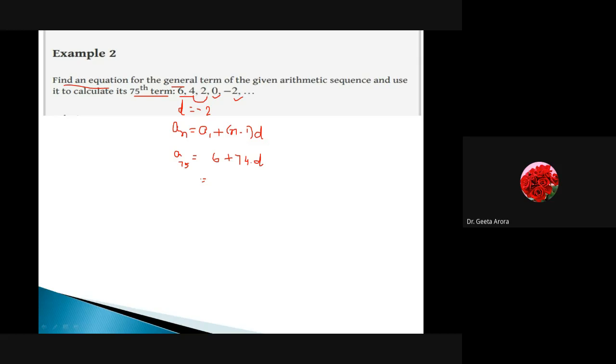We are getting the value 6 plus 74, and d we have obtained as negative. So 74 into minus 2 will be a negative term and we are having plus 6. So obviously the negative term is big and we have a small positive term. So the answer should be negative. I have not calculated yet. So if all of you have calculated, we will take it. Try to write down the correct answer. Some of you have given me the correct answer. All others, please try.